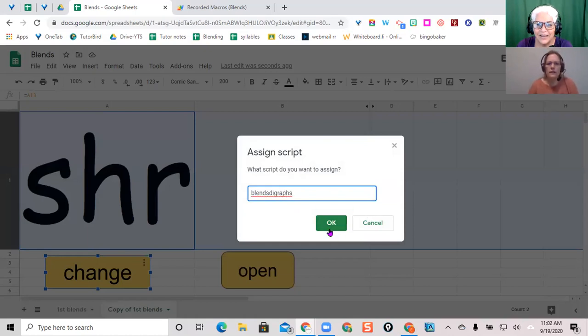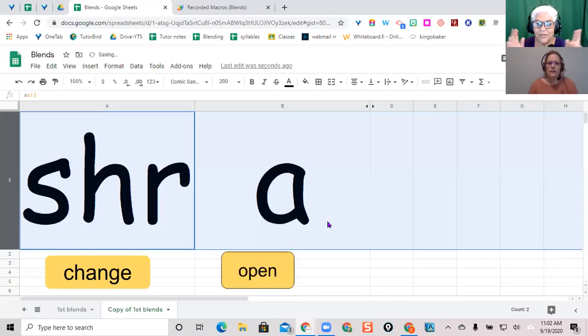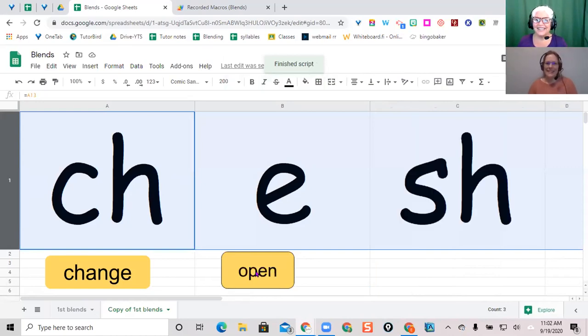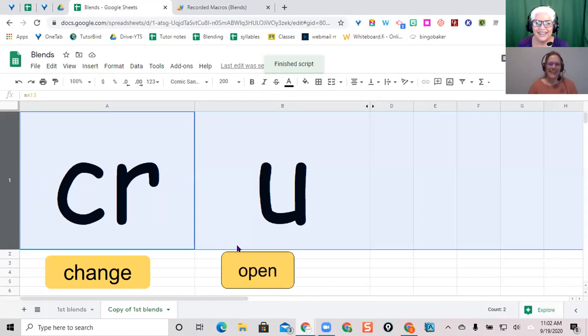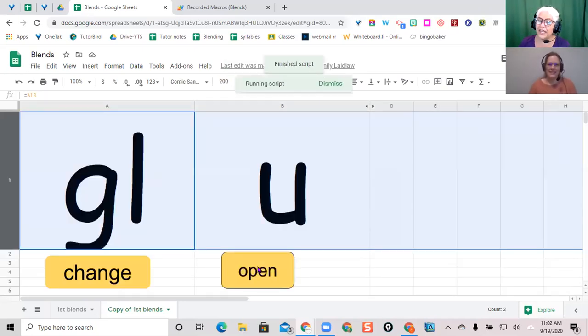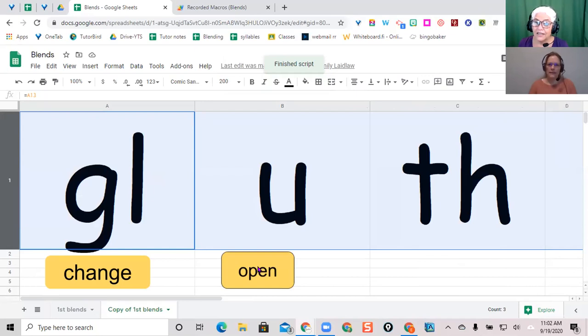Okay. Moment of truth. Let's do it. Yeah, you did it. Wonderful. Okay, try it again. Always try it again. Okay, and that's fantastic. So you can duplicate more sheets